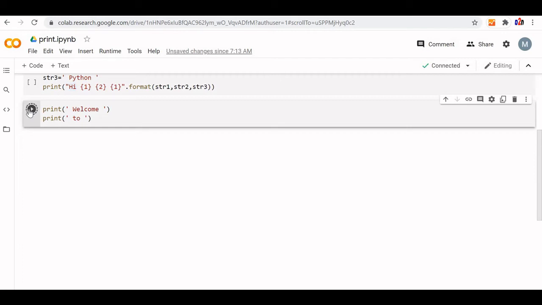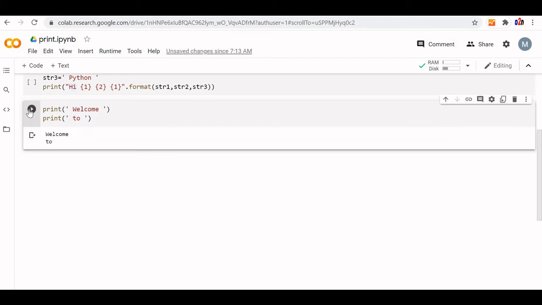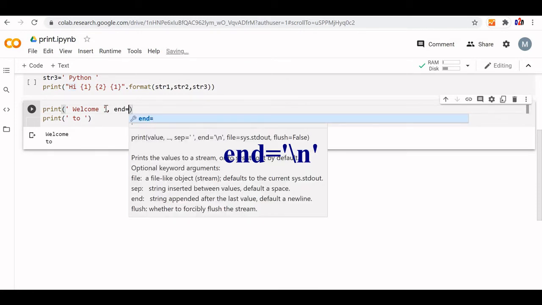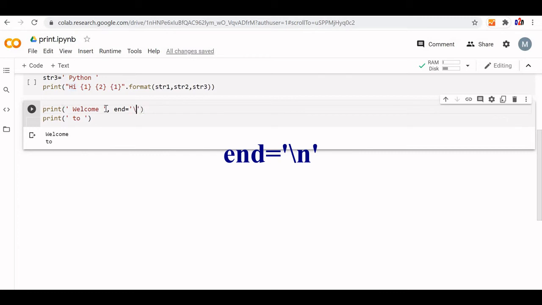So we'll try to change that attribute value and see. There is a line break here. This is the same as the default value of end. End is equal to, let's say, this is what is by default. So this is a line break. So there will not be any change now because I am giving the line break. If I give a blank here, what will happen?